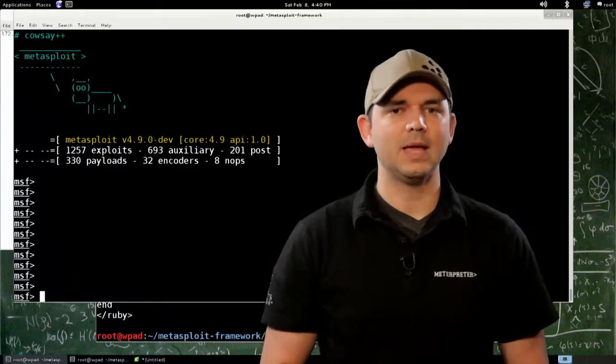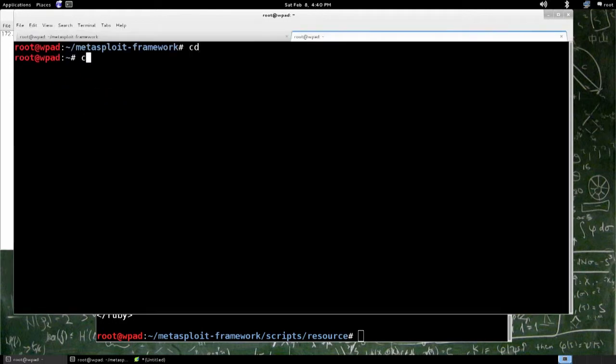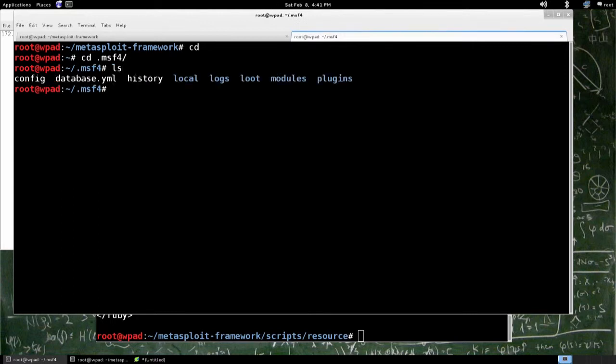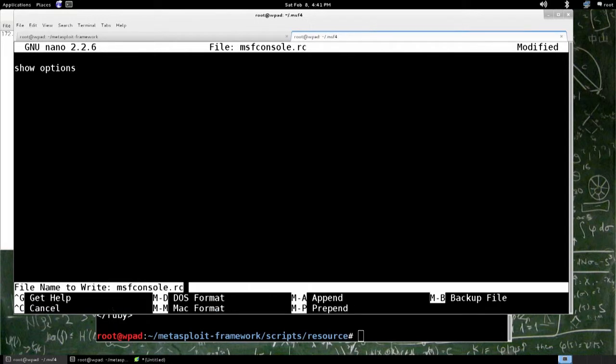First off is msfconsole.rc. Now we've talked a bit about the .msf4 directory. Let me show you about that real quick. We're going to go into the msf4 directory and list. Right now there's no msfconsole.rc in there. But if we make an msfconsole.rc, like just nano, I know vi, msfconsole.rc, and we say show options. And that's the only thing we want to do in it. We exit out,